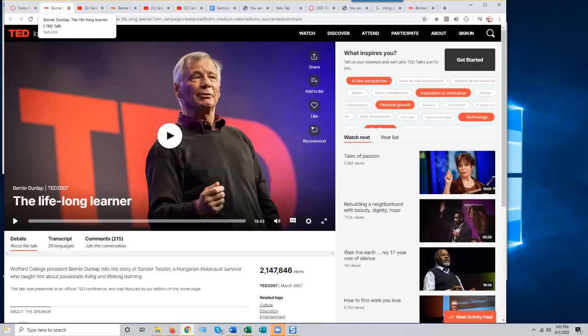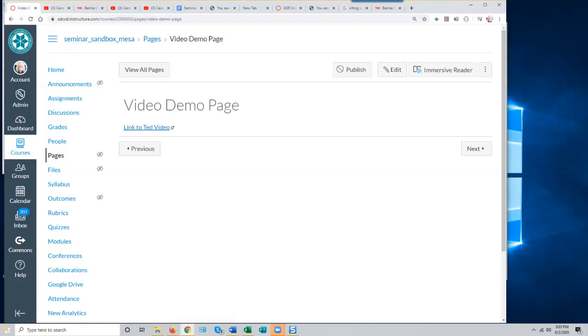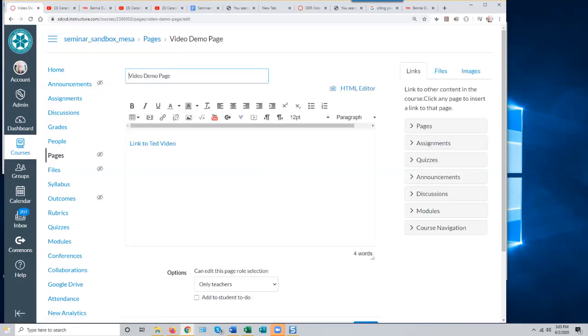And it automatically opens in a new tab in this circumstance. You don't have to tell it to do that. So that's basically the same thing as putting an external URL in your module. So whether it would be worth adding the extra layer of a page to that is questionable. But in a page, you can do much more interesting things,